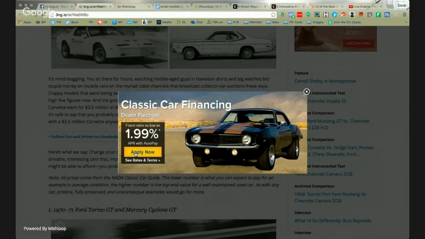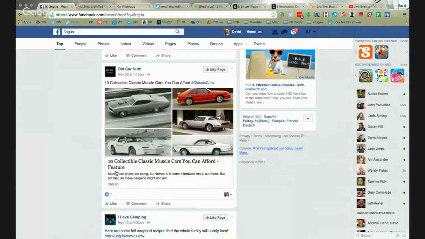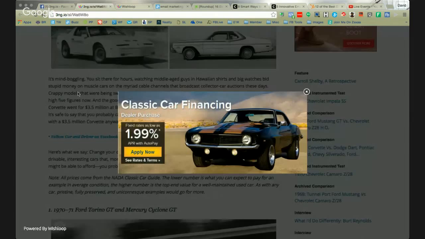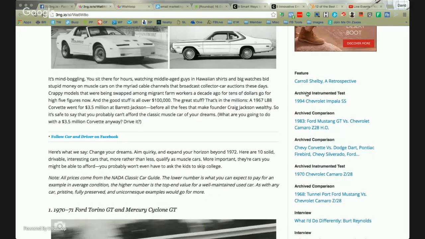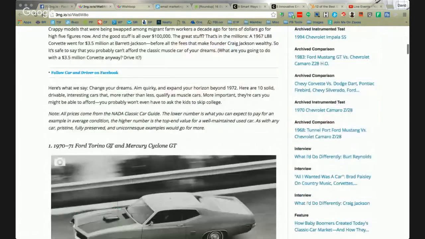But it's a call to action that has actually nothing to do with this website, because what's happened here is that the person who ran that traffic from Facebook right over here has actually sent us to a page where this Car and Driver magazine article is actually underneath that pop-up that showed up.